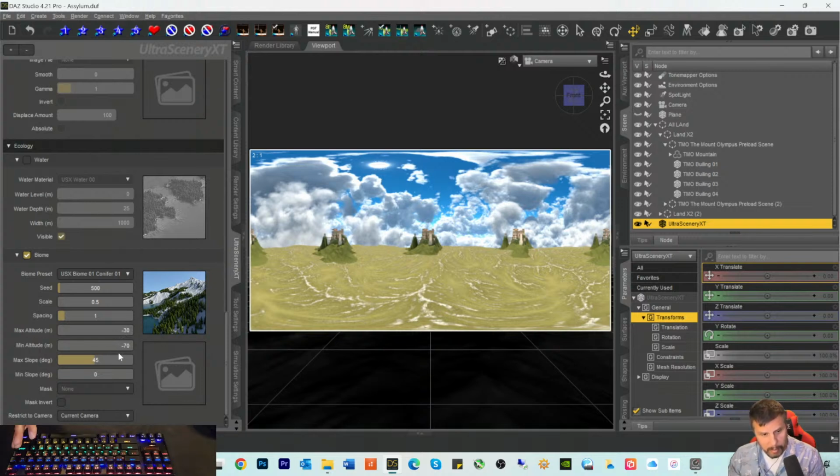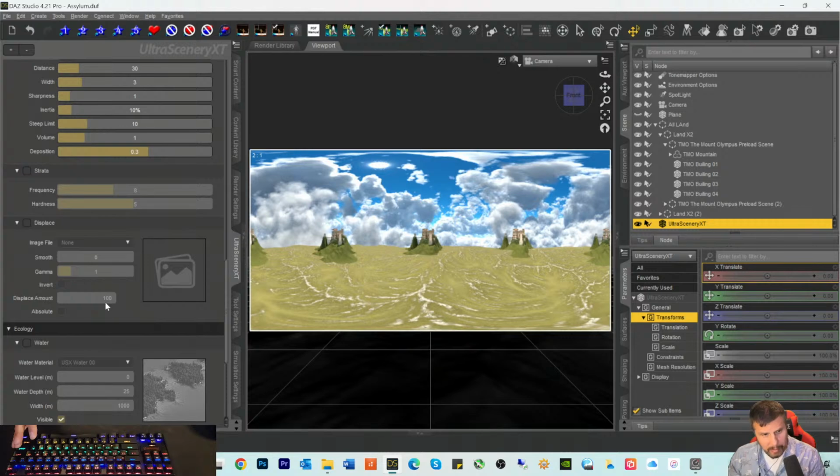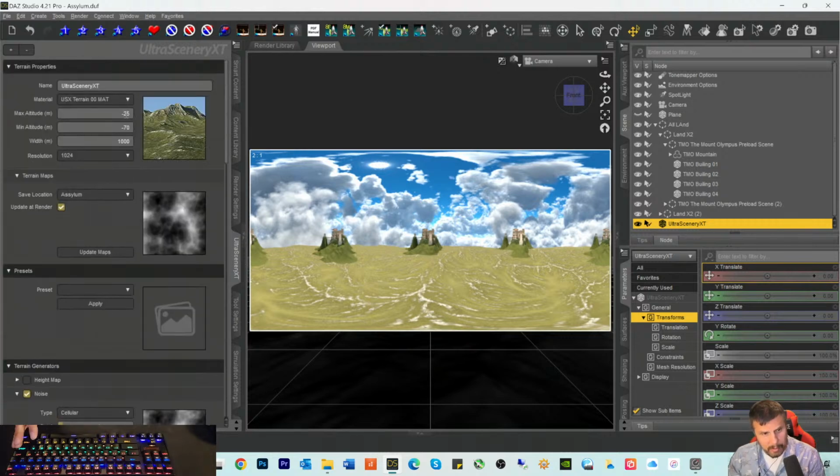This is supposed to be right. Spacing scale. Seed 500. See, those look like they're right. Minimum altitude is 70. Minus 25, so if I go minus 30,